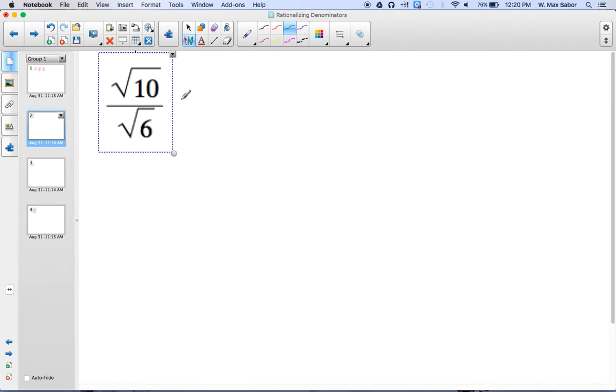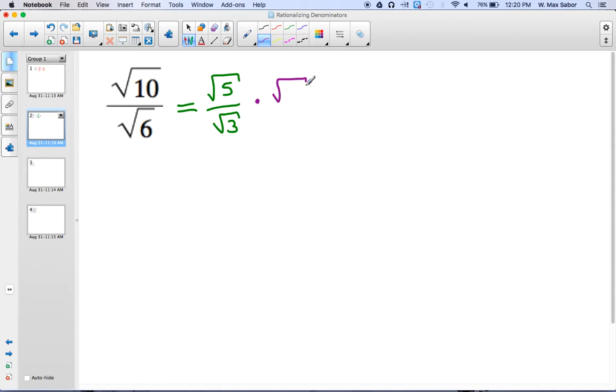This one, we can do the same thing. We can start by doing square root of 10 divided by square root of 6. We'll end up with square root of 5 divided by square root of 3. But then we're not done because we're not allowed to leave a square root in the denominator, so we will multiply by the denominator